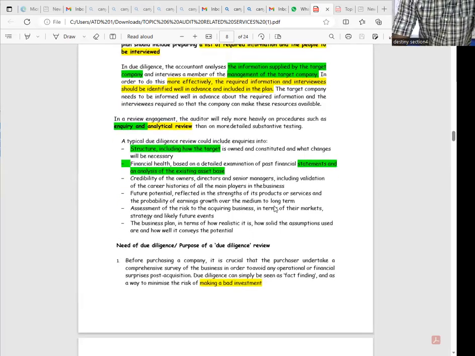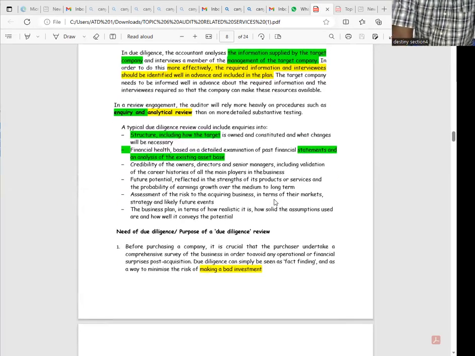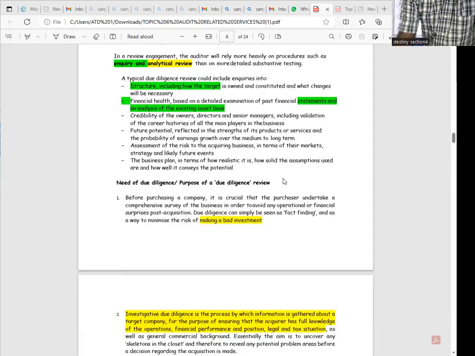So a typical due diligence review should include inquiries into structure, including how the target is owned and constituted and what changes will be necessary. Financial health, based on a detailed examination of past financial statements and an analysis of the existing asset base. The other one, credibility of the owners, directors, and senior managers, including validation of the career histories of all the